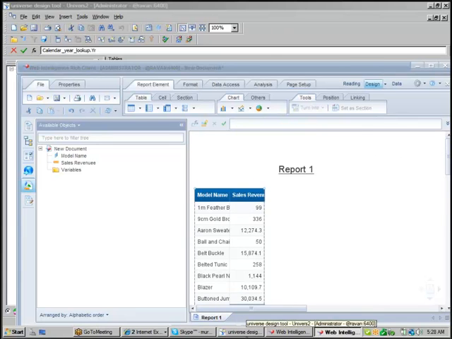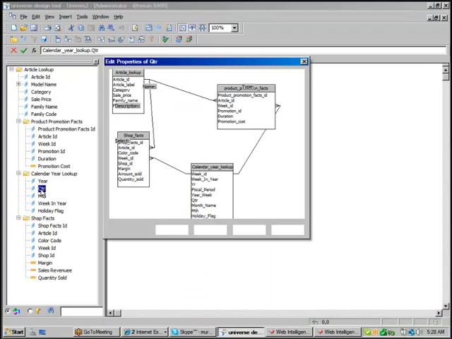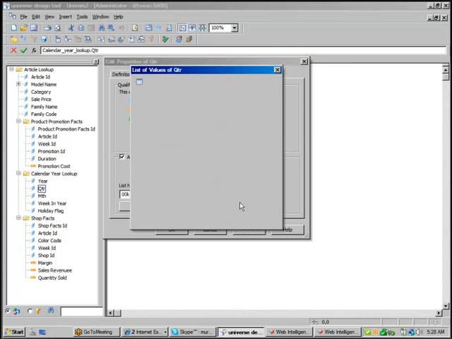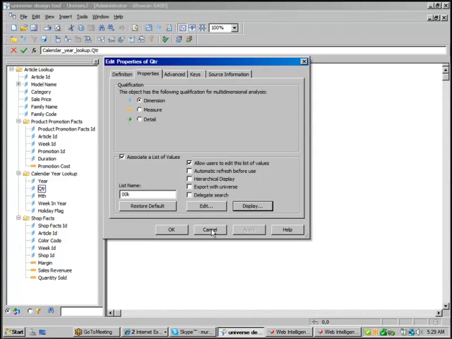If you want to display a hierarchical list of values for the quarter, go back to the universe, where you have the quarter object. When you go to properties, there you have a display. Now quarter is displaying like 1, 2, 3, 4. But the customer is asking to display this as 2004 1, 2005 1, 2006 1, 2007 1. This is the way they want a hierarchical view. What you need to do is